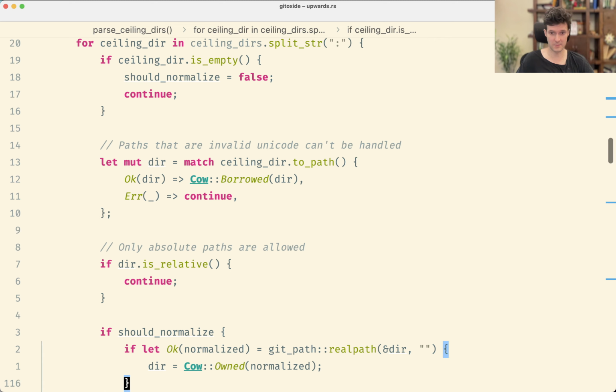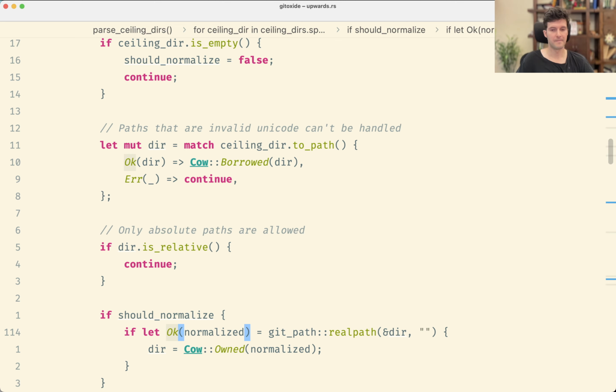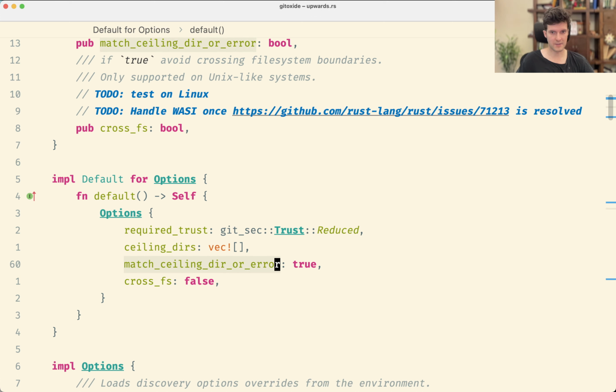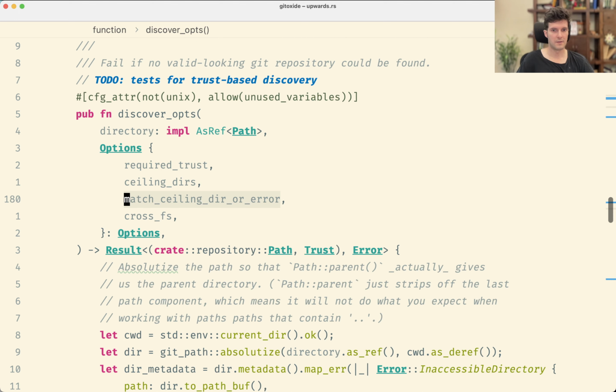So then the question is, will these ceiling dirs match? And we have something here that match ceiling dir or error. So we need at least one ceiling dir to match, or this will be a hard error. So I think that's enough of a safety for people to configure their ceiling dirs so that they make sense for what they do. But this also means that in order to match a ceiling dir, you really have to do that right